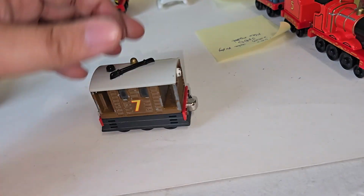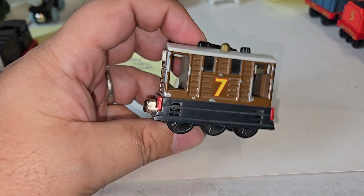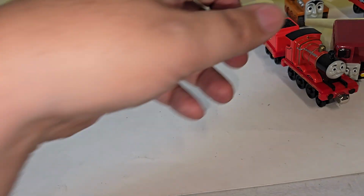And then we have a Toby 2009. It has spots on this side, so that's going right to the flea market. Will not be collecting, will not be selling on eBay. Then we have